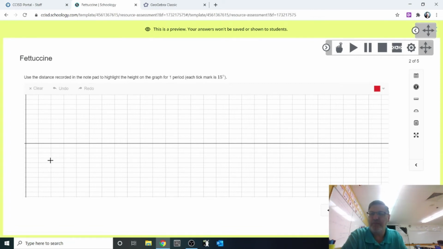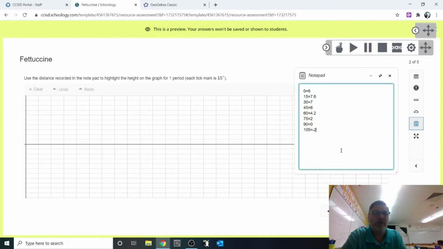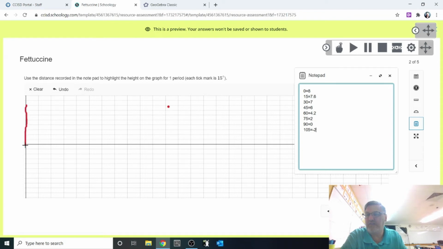And it's this grid. Each one of these tick marks, I tell you right here, each tick mark is 15 degrees. I'm going to pull out the notepad, my recorded distance. I'm going to highlight. So right here at 0 degrees, I have 8. So I'm going to go 1, 2, 3, 4, 5, 6, 7, 8. So at 0 degrees, I'm going to highlight 8. Then at 15 degrees, I'm going to do 7.6,